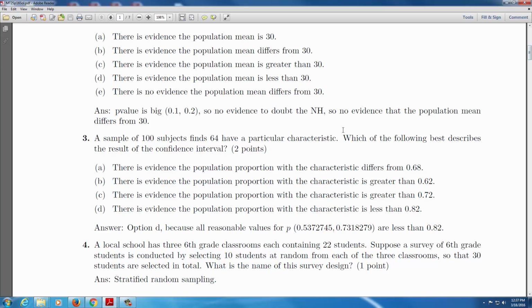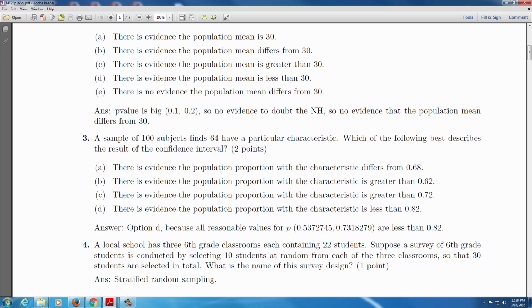On number 3, I'm asking you to use a confidence interval and make a conclusion using it. And if you have 64 items with a characteristic out of 100, that's a p-hat of 0.64. If you make a confidence interval for the underlying population proportion, you get a range between about 0.54 and 0.73. That means that if you go through your choices,